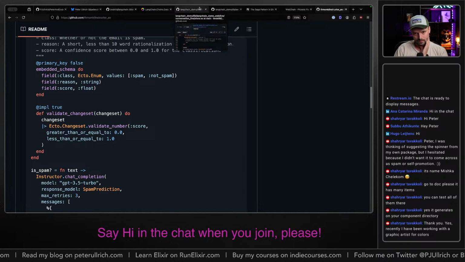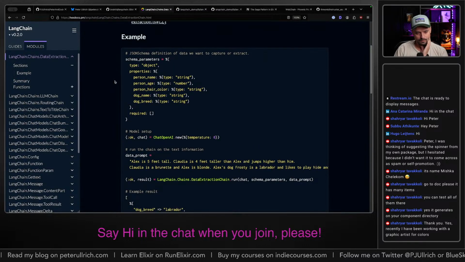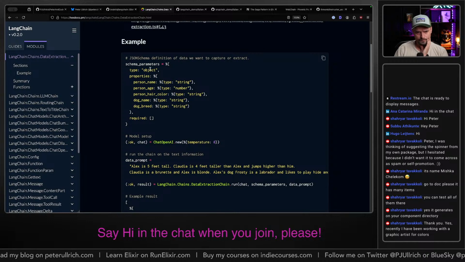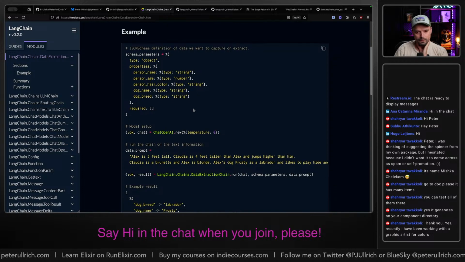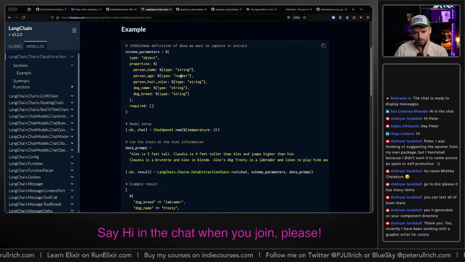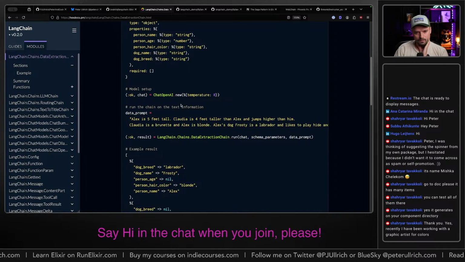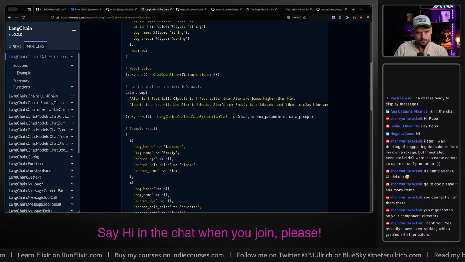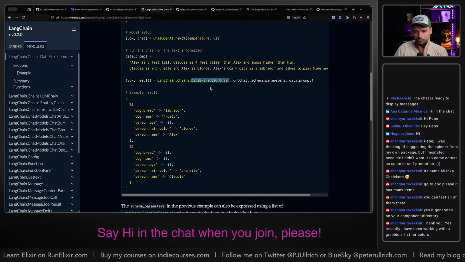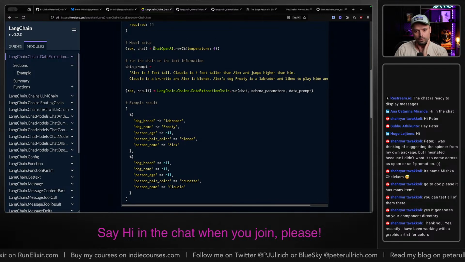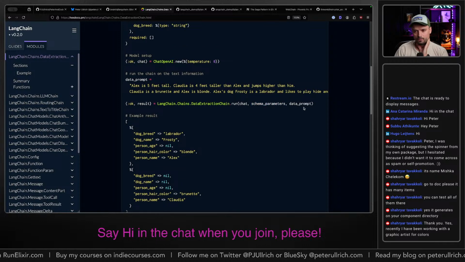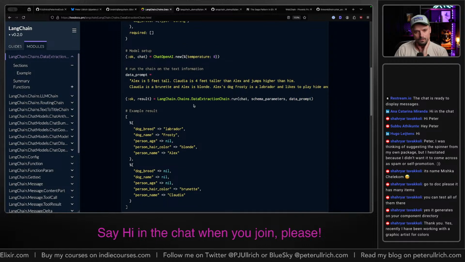And I think LangChain has something similar, where you also have a schema parameter where you say, well, you have a name, an age, a hair color, a dog name, and a dog breed. And they're all strings or maybe a number. And then you can run the data extraction chain with the model, the parameters, the data schema, and the prompt.